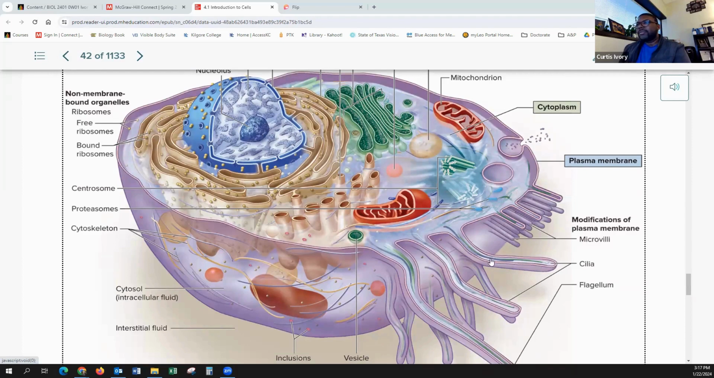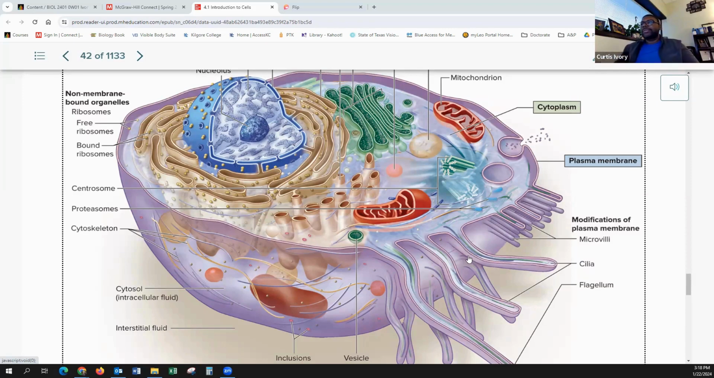Cilia. Some cells will have cilia, which are essentially hair-like projections. Underneath the microscope, they look like little bitty hairs. We're going to find things like this in our trachea, or our windpipe. So when you're coughing up mucus, these cilia are actually moving in wave-like patterns to move the mucus up out of your throat so that you can